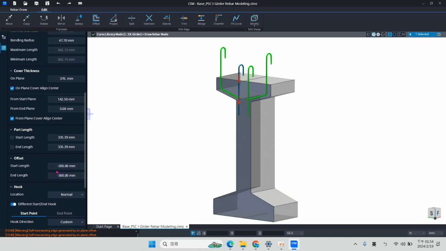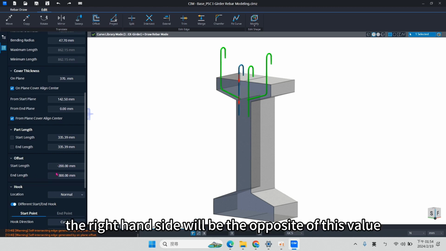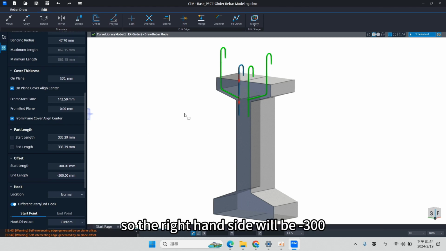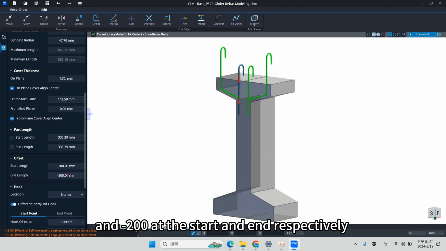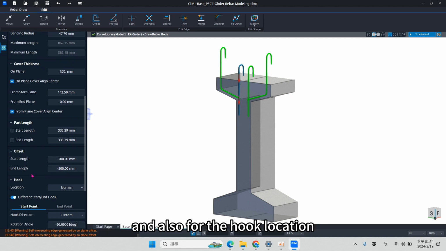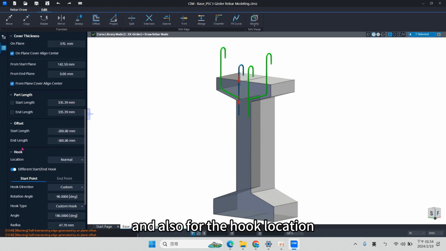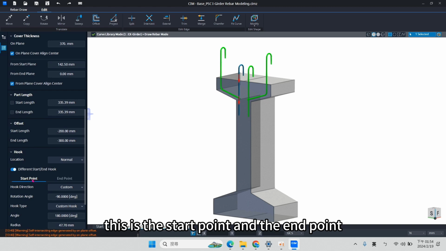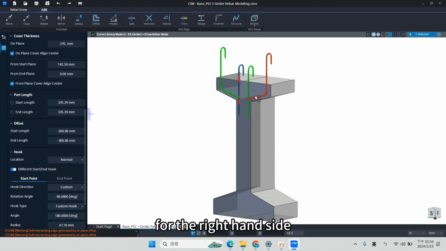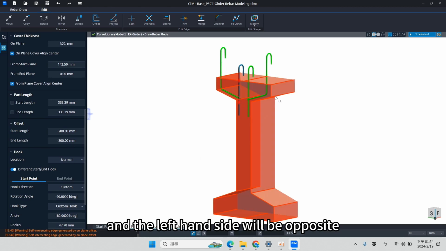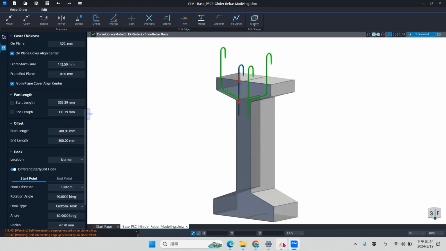If the left hand side has minus 200 and minus 300 for the start and end, the right hand side will be the opposite of that value, so minus 300 and minus 200 for the start and end. Also for the hook location, the start point and the end point for the right hand side and the left hand side will be opposite.